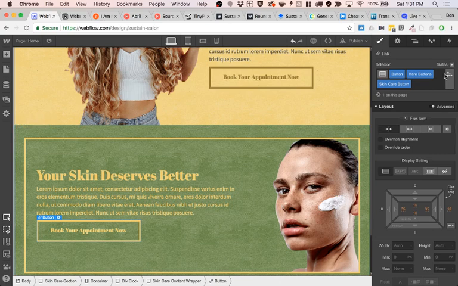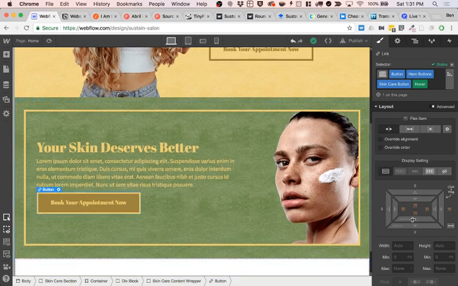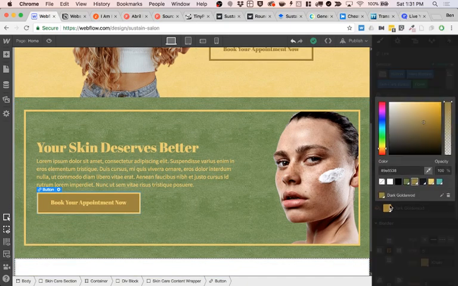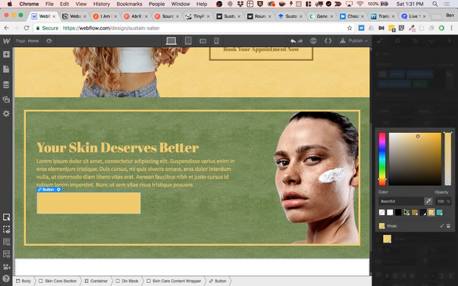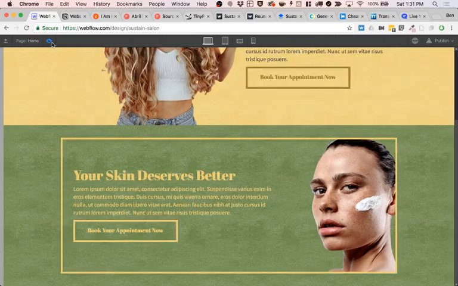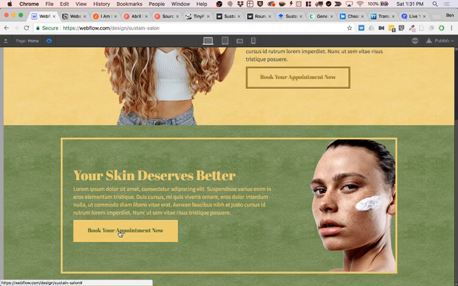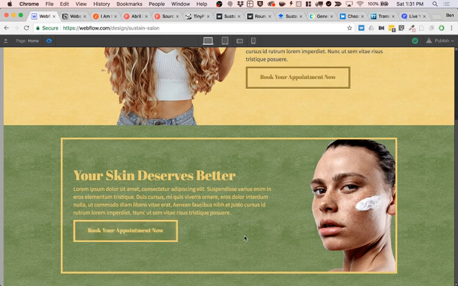Alright, so if I go hover, and then come down, make this kind of the bright yellow, make my text more of the olive green. I'm not sure that really works with the, no, I'm not sure it works, like, if it follows contrast rules, like if that works, but